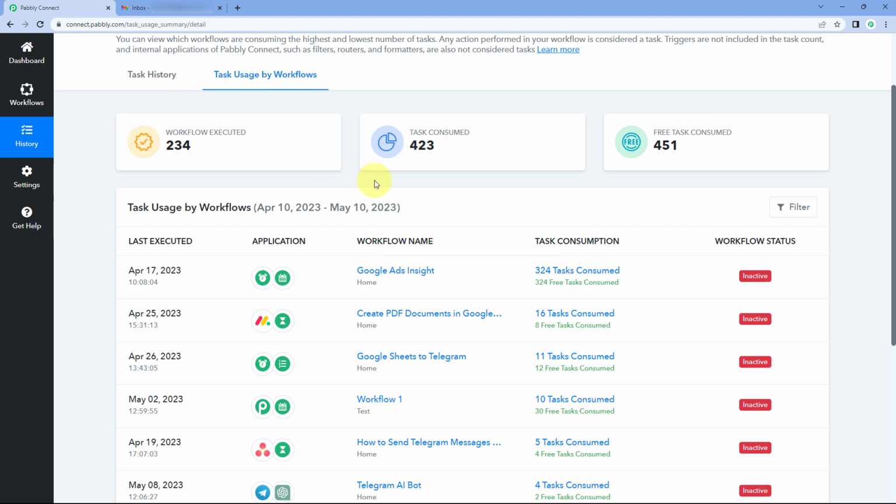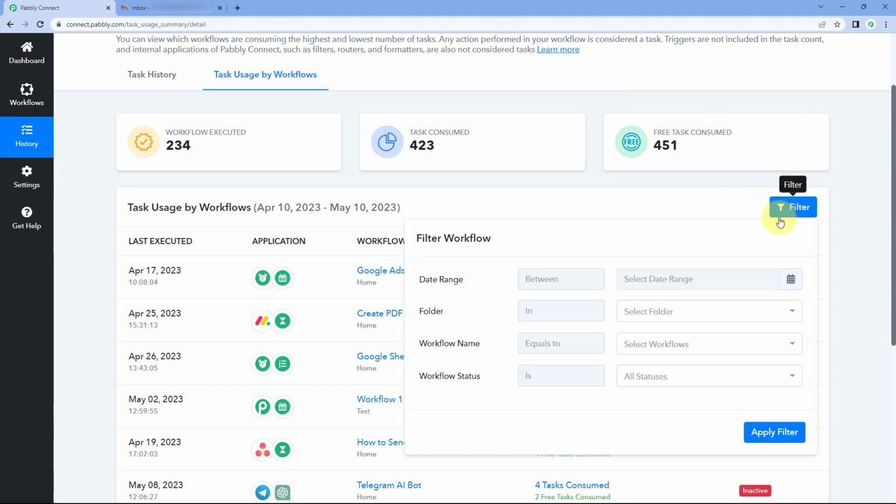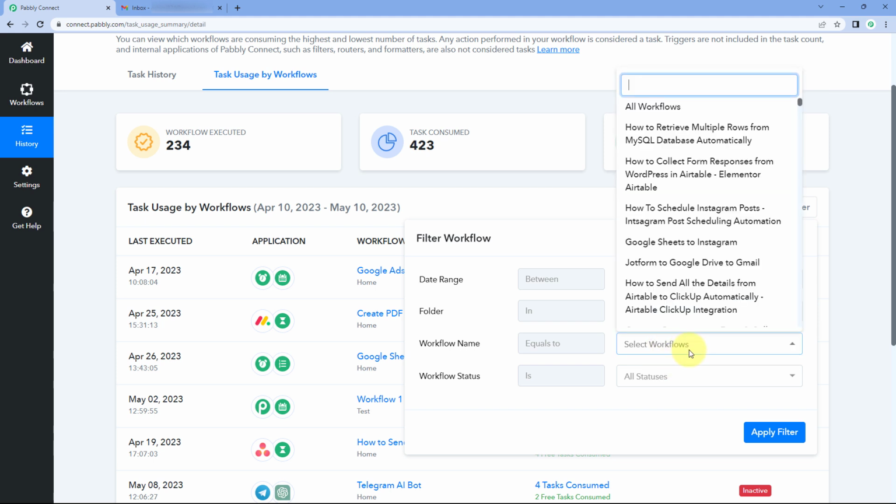And you can also segregate the task consumption. You can just click on this filter button, and here you can set up a filter condition between some date range. You can select a folder, and by selecting that folder, in response, you will get the task usage summary of workflows which are there in that particular folder. Or here you can select a particular workflow name. Like for example, if I select this Google Ads workflow,